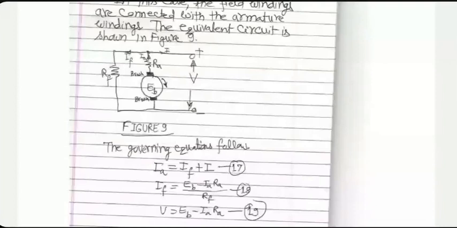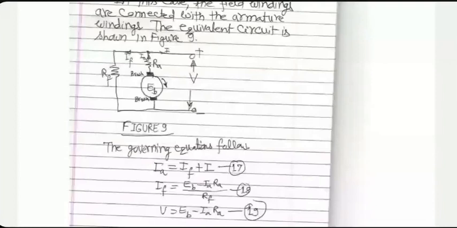If RA is 0, that means the armature windings have no losses, no conductor losses at least, then obviously V and EB would be the same. When there is no load connected to the generator, that would be the situation, because in that case, IA would be 0. Even if RA is not 0, IA would be 0, or almost 0. Just keep in mind that if there is no load connected to the generator, capital I will be 0. But IA may still be needed. Some small value of IA may still be needed to supply the field windings.